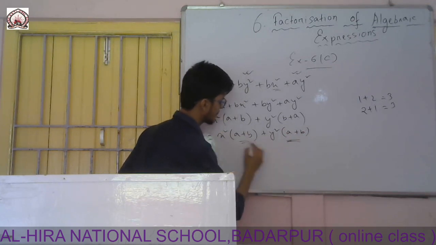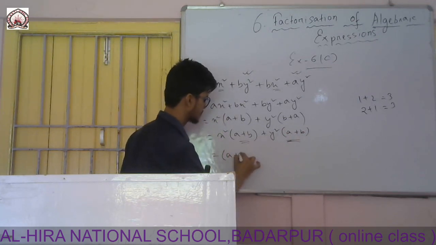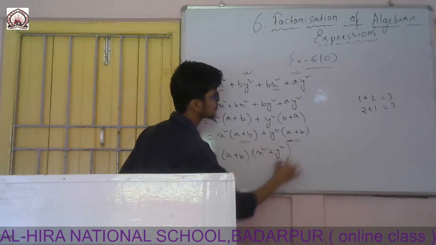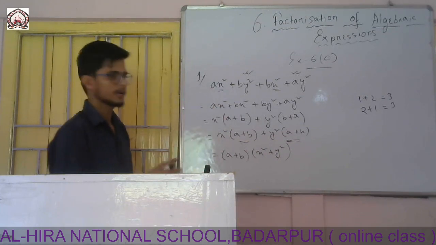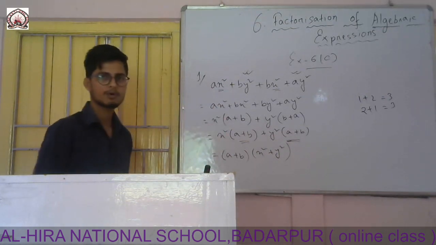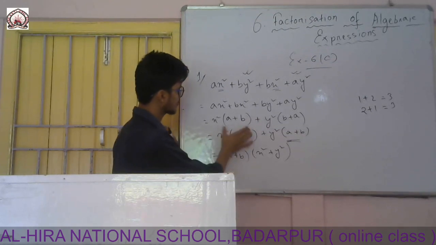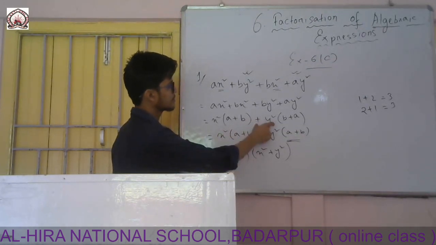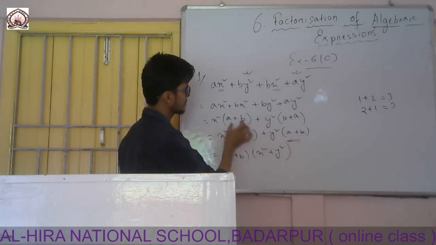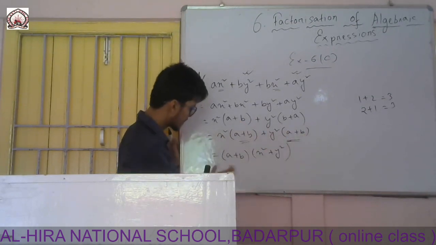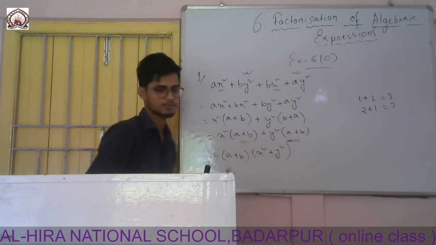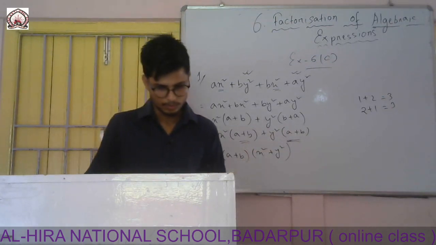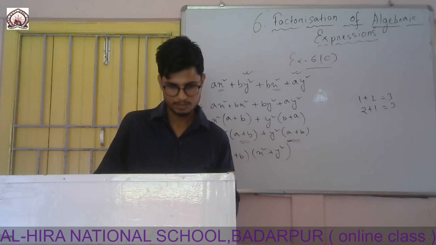Here this one and this one are common terms, I will take out a plus b, and x square is left and y square is left. So first of all I arranged this one so that it becomes easy for me to take out the common term. Then I took out the common term, there x square, there y square. Then again a plus b and a plus b, so again I took this common, and then x square is left here plus y square. Okay. So now question number 2 is also the same, okay, all are the same.